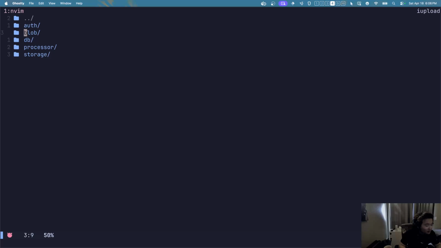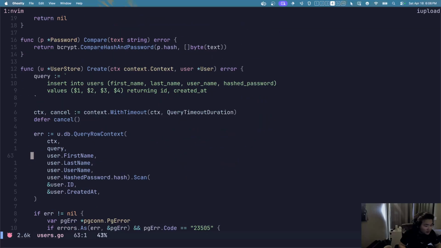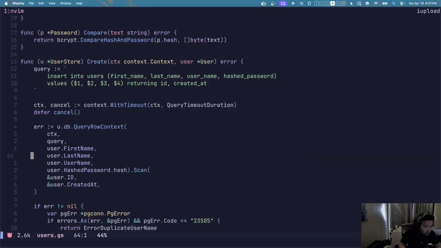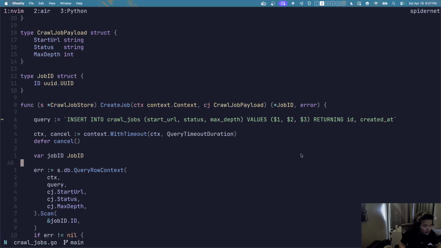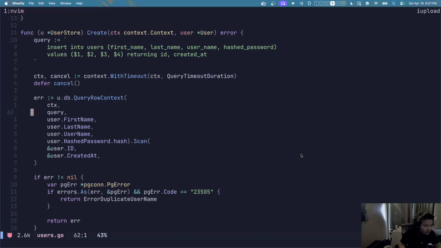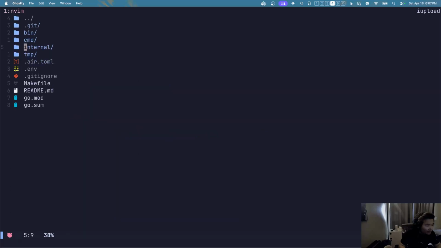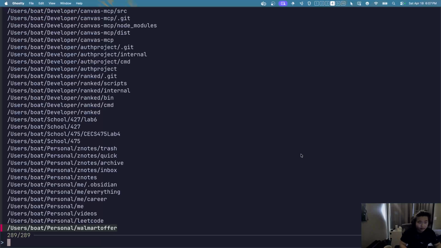That's fine. But then storage images. We have insert into. It was query row context. Yep, query row context. We scan. Yep. Well, it's probably not the best example. Let's maybe do the other one with